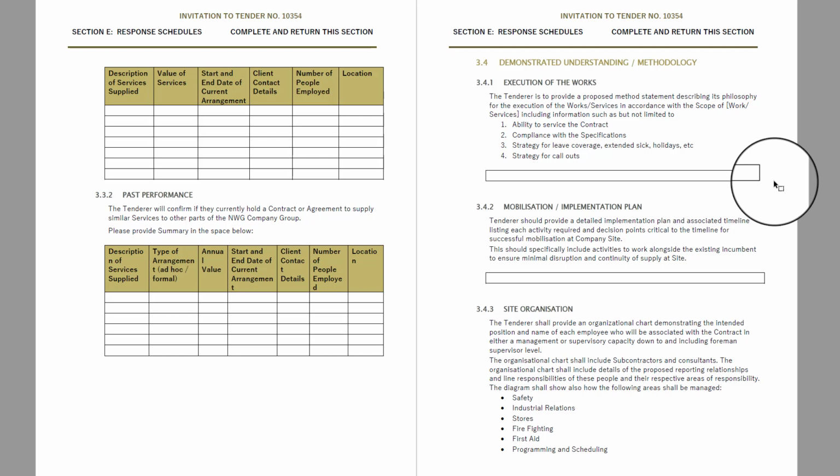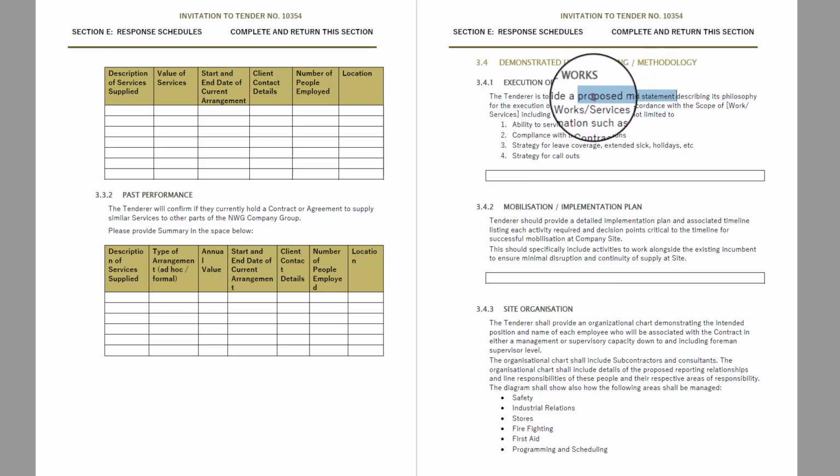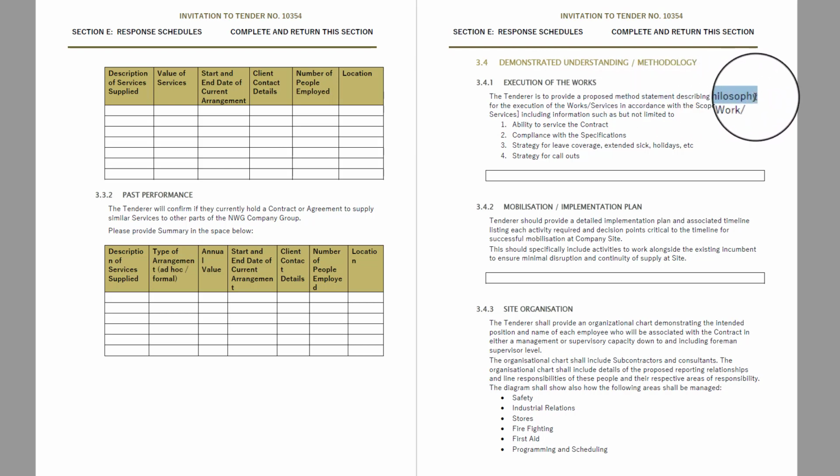But they may also want to know your methodology of how you're going to go about transitioning in, servicing the contract, dealing with issues and that kind of thing, how you're going to organise yourself. So depending on how detailed their requirement of information is, they've asked for some very specific stuff, which makes it really easy, because basically you just go, okay, the tenderer is to provide a proposed method statement. Okay, they want a proposed method statement describing its philosophy for the execution of the works, including information such as,